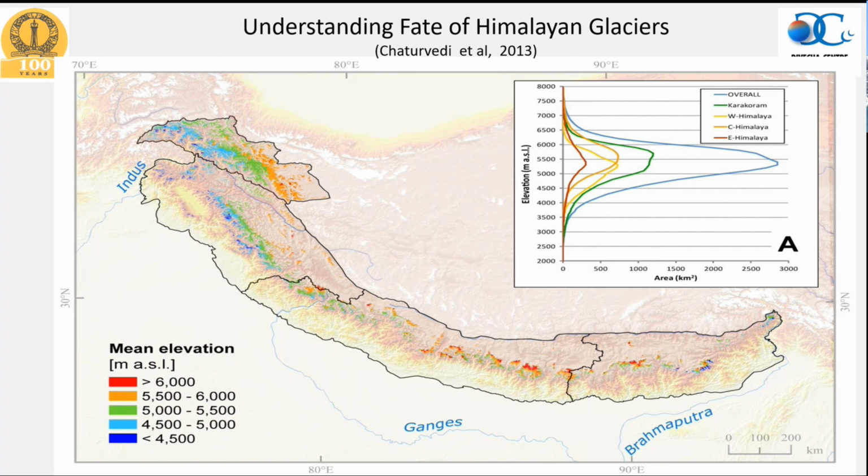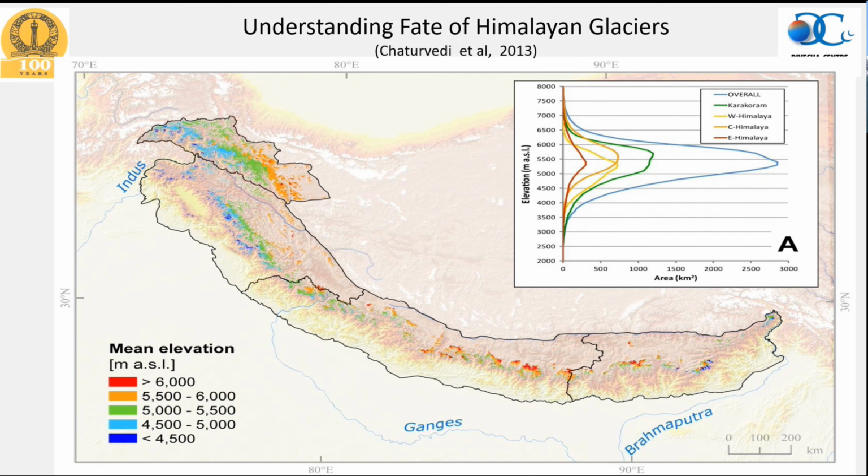So first thing we need to understand, if we want to know how Himalayan glaciers are going to respond to those temperature and precipitation changes. Remember, I have not shown you, and I probably missed the precipitation graph, but precipitation is going to increase in this region. So with the slight increase in precipitation and increase in temperature, how is it going to change? This work was done by Chaturvedi et al. and published in 2013 in Climatic Change. You can also download and critically look into how this was done.